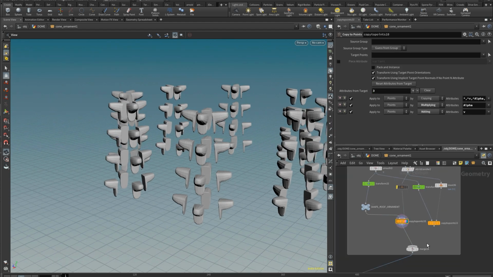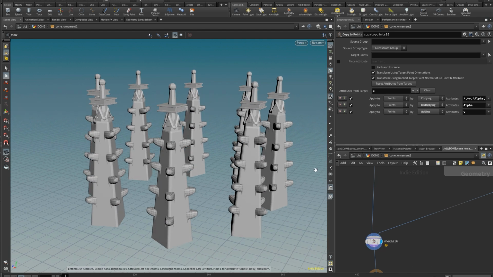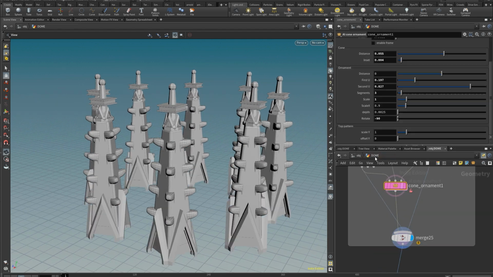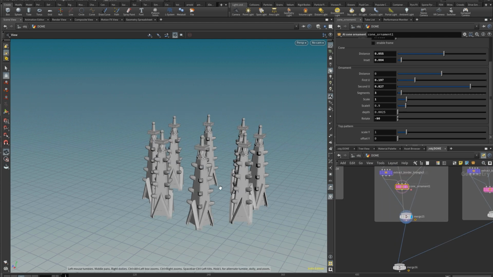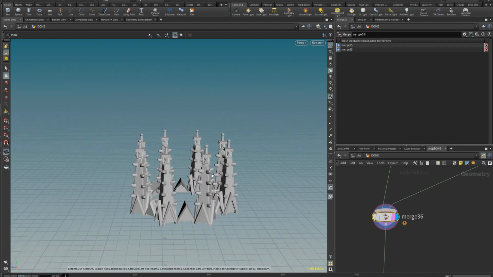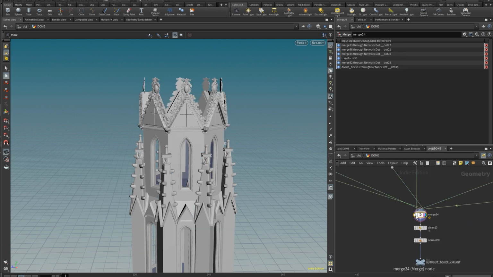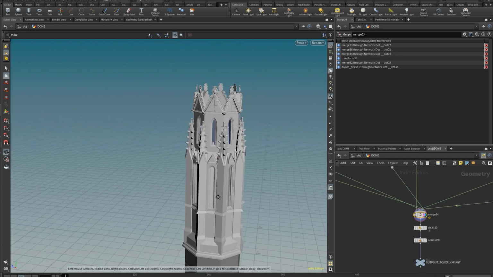Yep, so I'm happy with that. It's not perfect, there's some weird intersection, but it does the job. Then merging another layer of triangle things that are supposed to be on top of the windows. So that's the general idea.